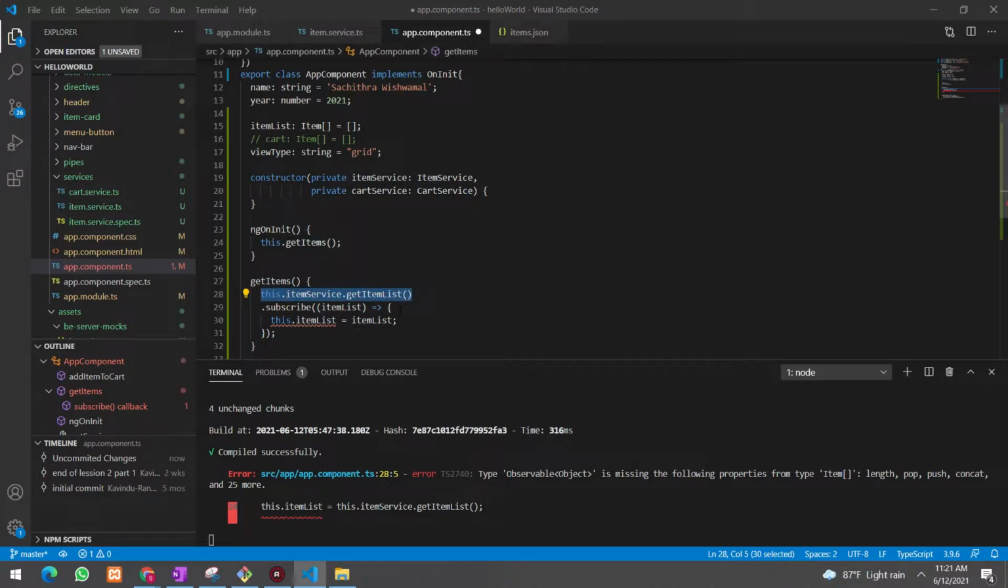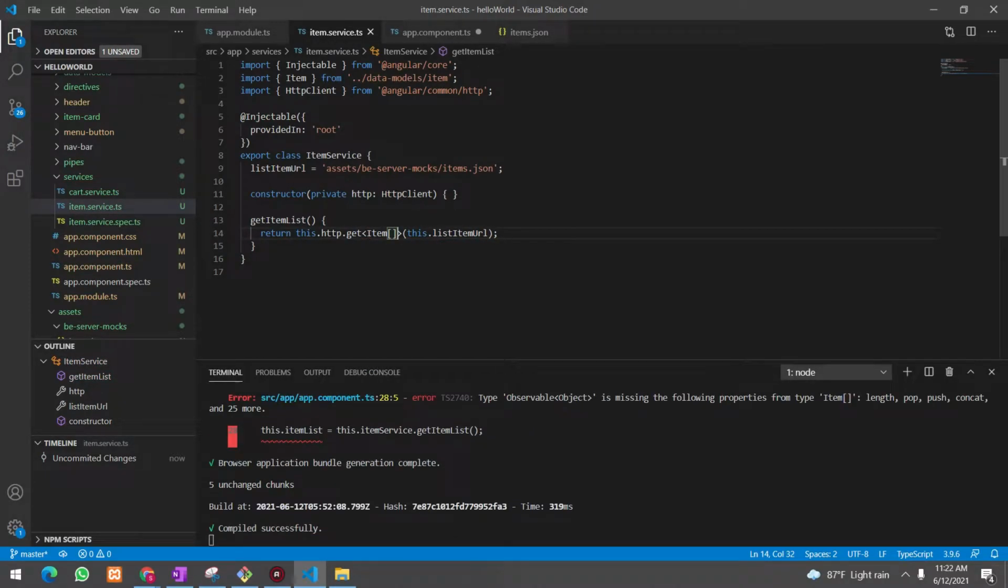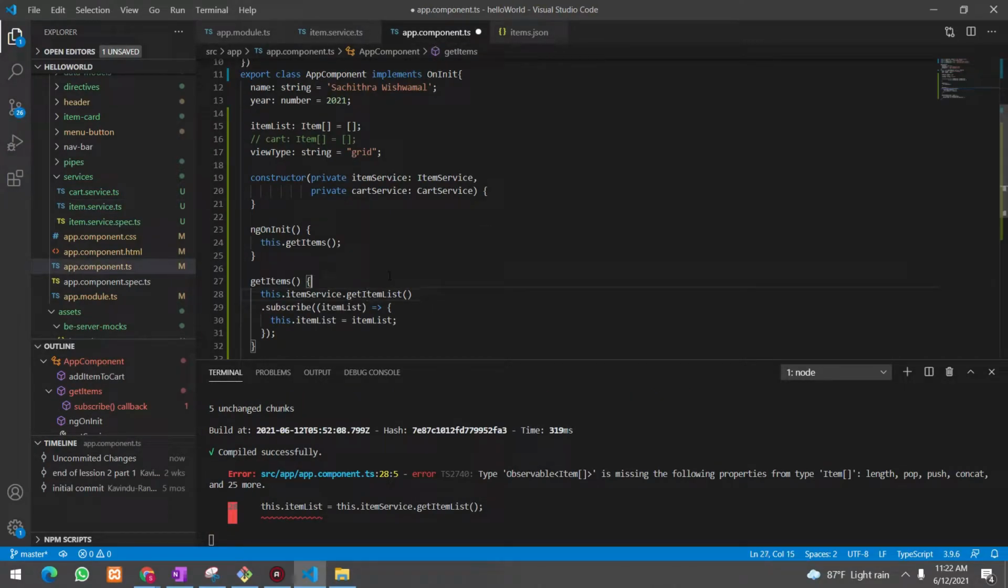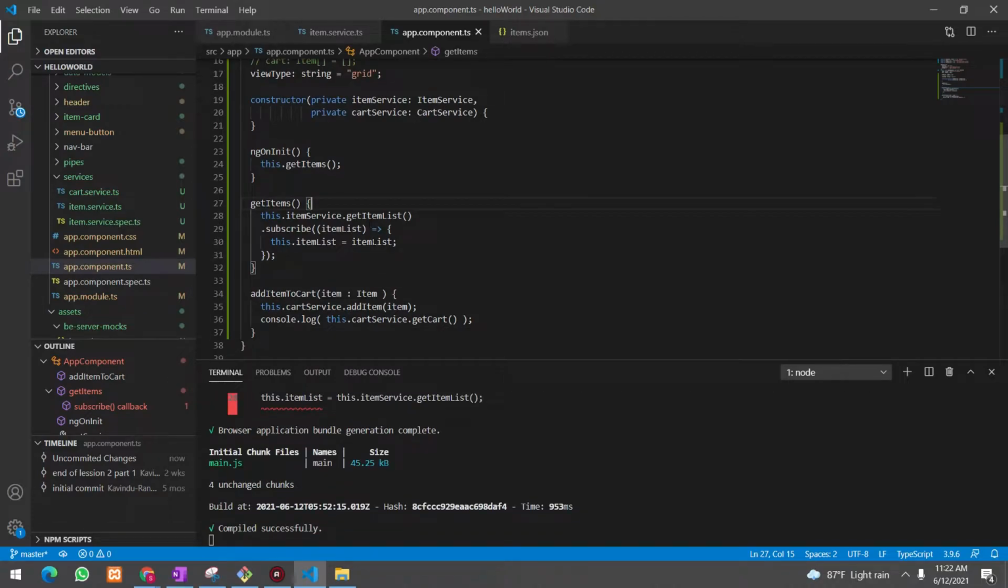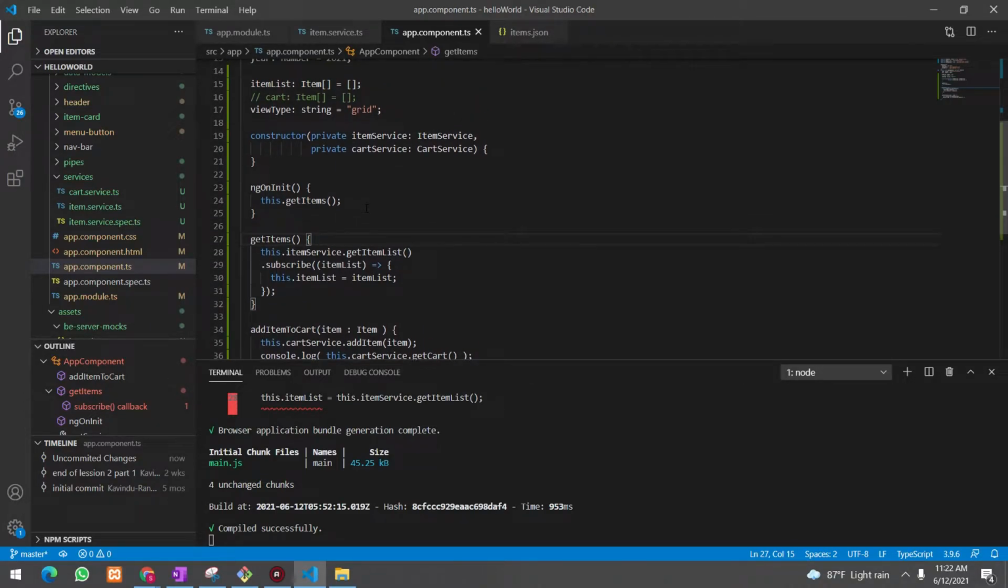we wanted. What we can do is go to our item list and define that we are going to get data as type item array. So now going to your app component, you can see that the error is fixed. So as a summary, what we have done is, I want to get the item list from my backend services to